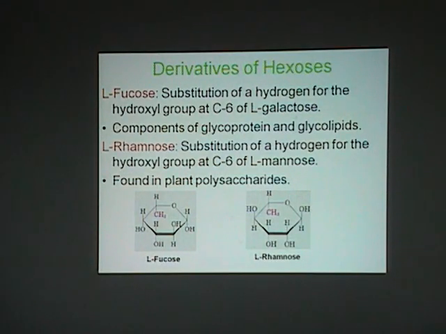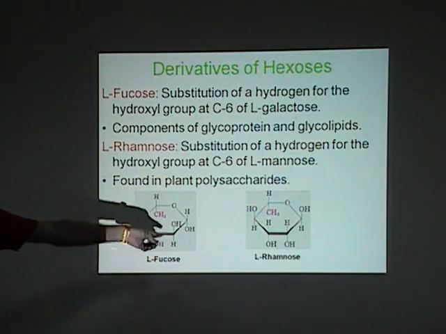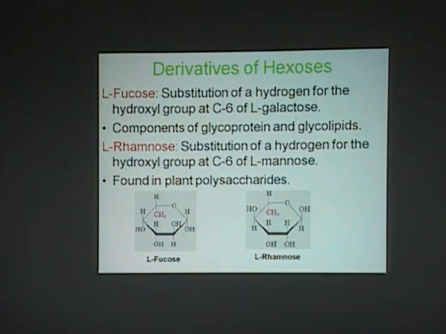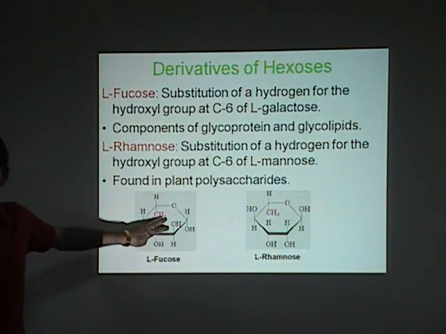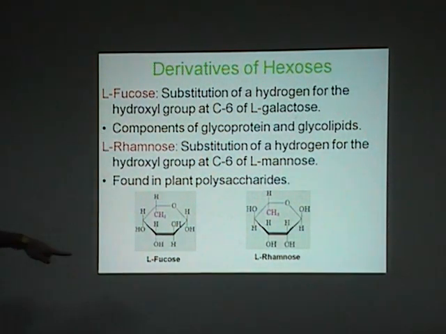You remove from here. There is CH2OH and H. If you remove the hydroxyl group, CH2 without OH, then it is your L-fucose. The hydroxyl group is not there. And the same thing